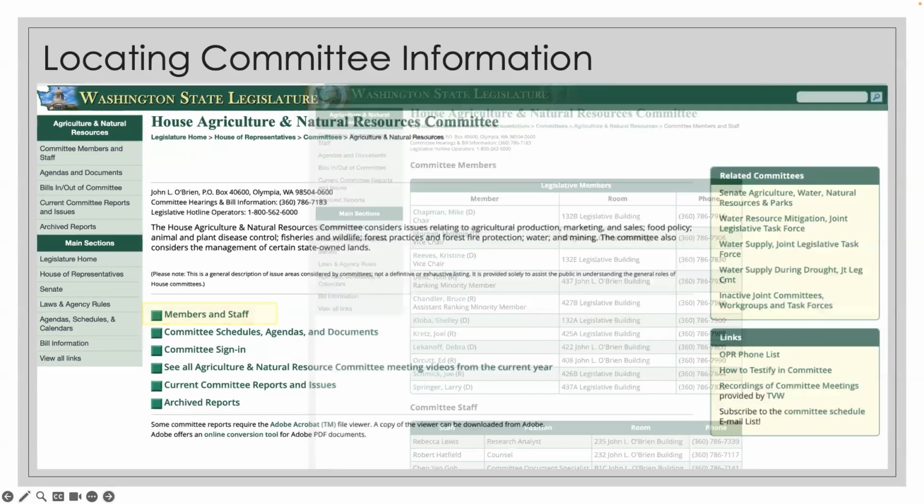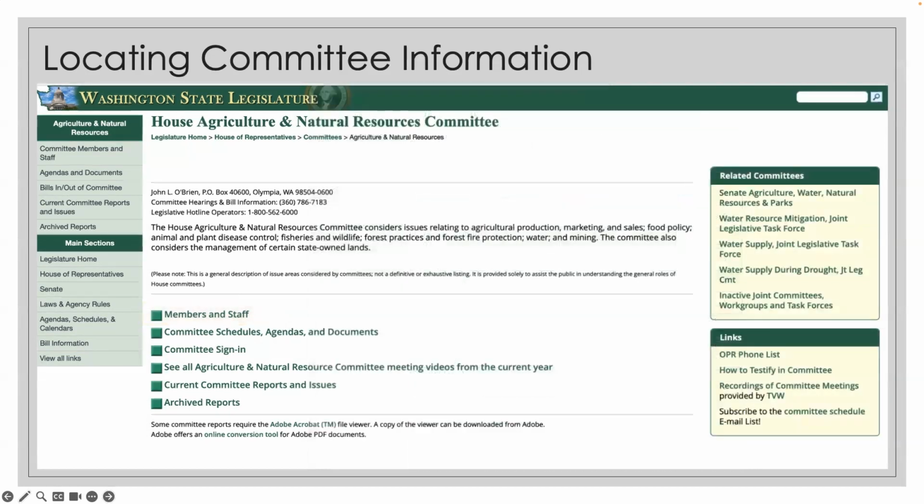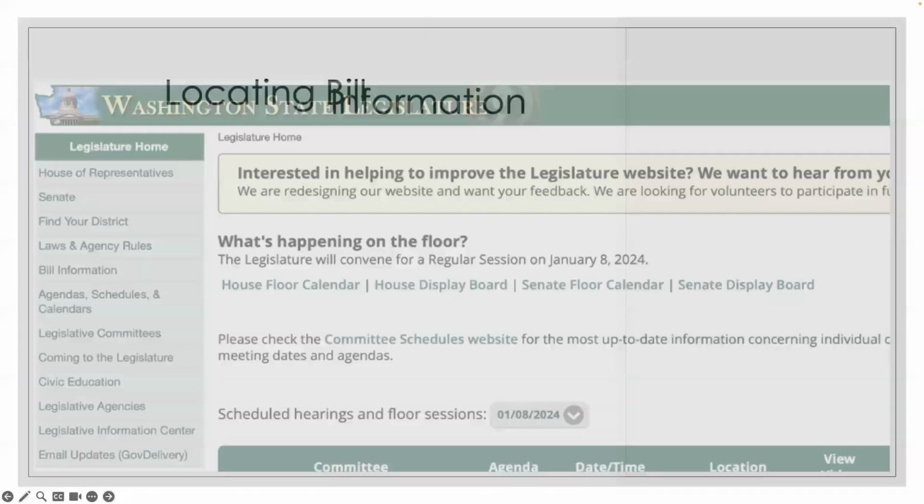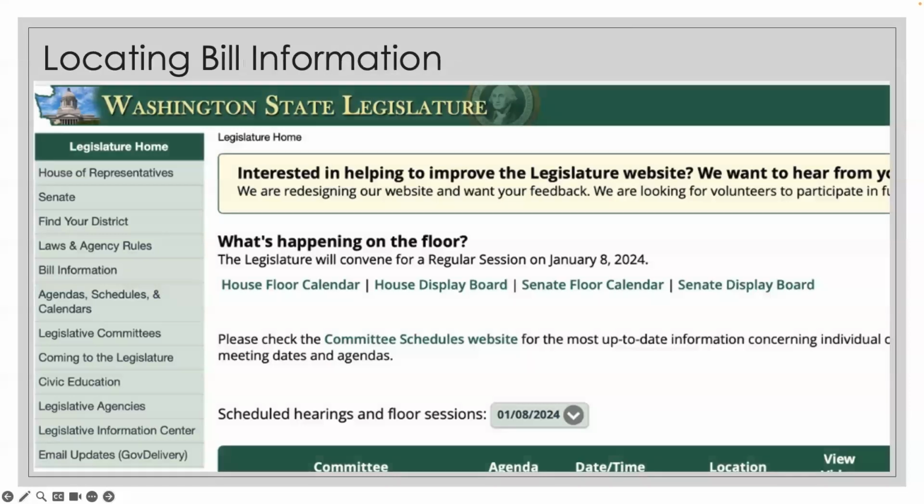All right, let's make our way back and let me show you now how you locate bill information. Okay, so if you can guess where we'll start, let's go to the Washington State Legislature homepage. Again, this is kind of that hub. This is a great place to start. It has a lot of information right there on the homepage that you can navigate from. So again,